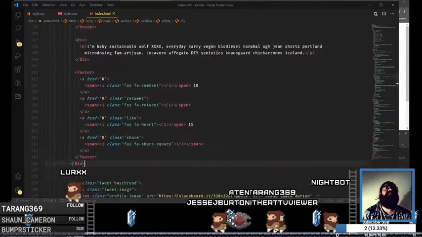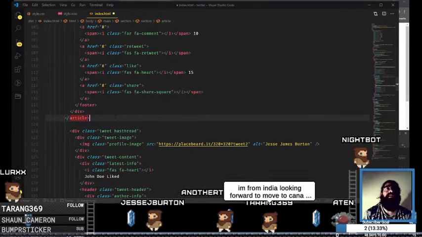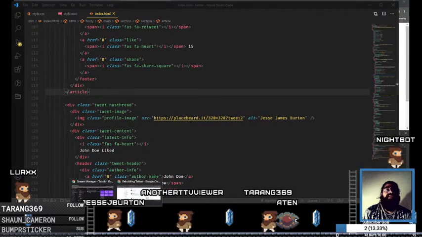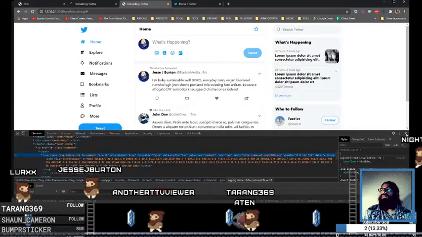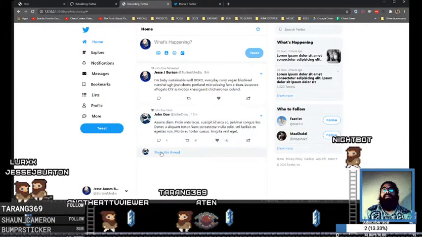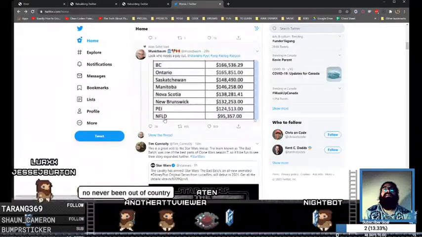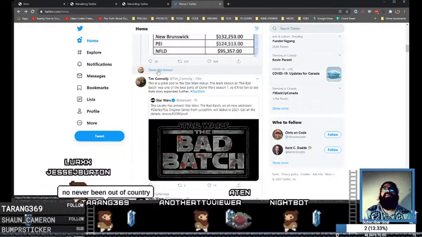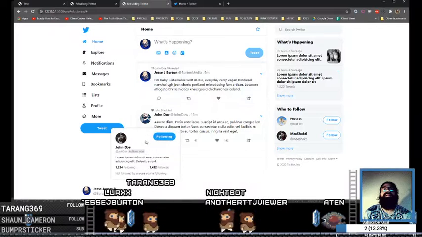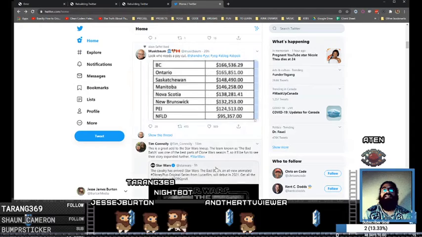Our footer, our div, and then our last part here is going to be article. And then we have this has thread, which let's see what that is in reference to. Oh, show thread. So this particular tweet, we made it so that if the thing has a tweet or has a thread, it's got this thing here. I noticed that we don't have the line in there, so we'll need to fix that at some point. But essentially,